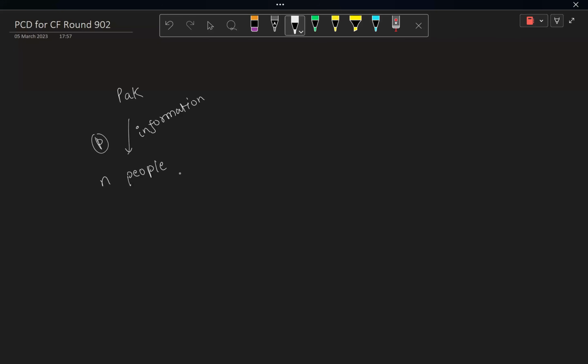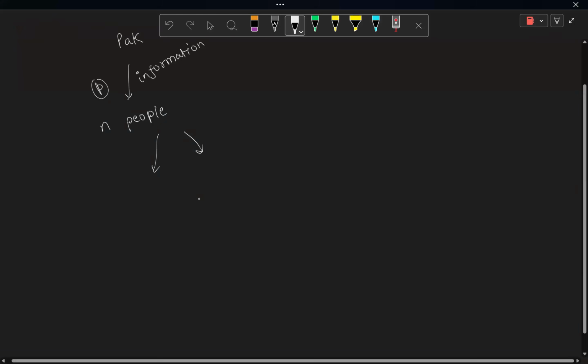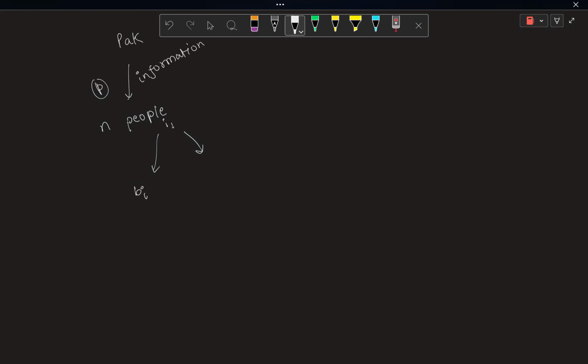And for every person, that person can tell other guys also. Any person can tell any other guy with a cost of BI, like for the ith person, the cost is BI, and that guy can tell to AI number of people. The problem says this, and Park